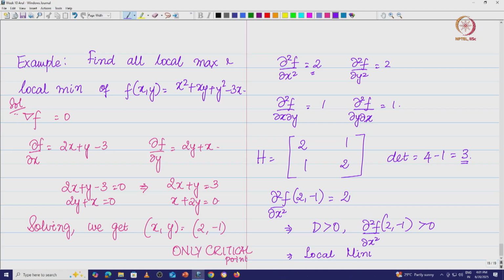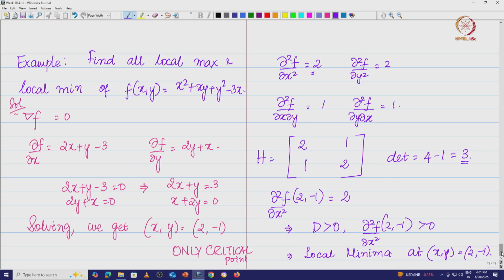We have a local minima at x comma y equal to 2 comma minus 1. Now where are we going from here? We brought in the idea of the Hessian matrix, where we look at second order partial derivatives, and we have done the second order derivative test. We decide whether you are going to get a local minima, a local maxima, or a saddle point at that particular value of say x₀, y₀ by looking at the determinant of the Hessian and so on.